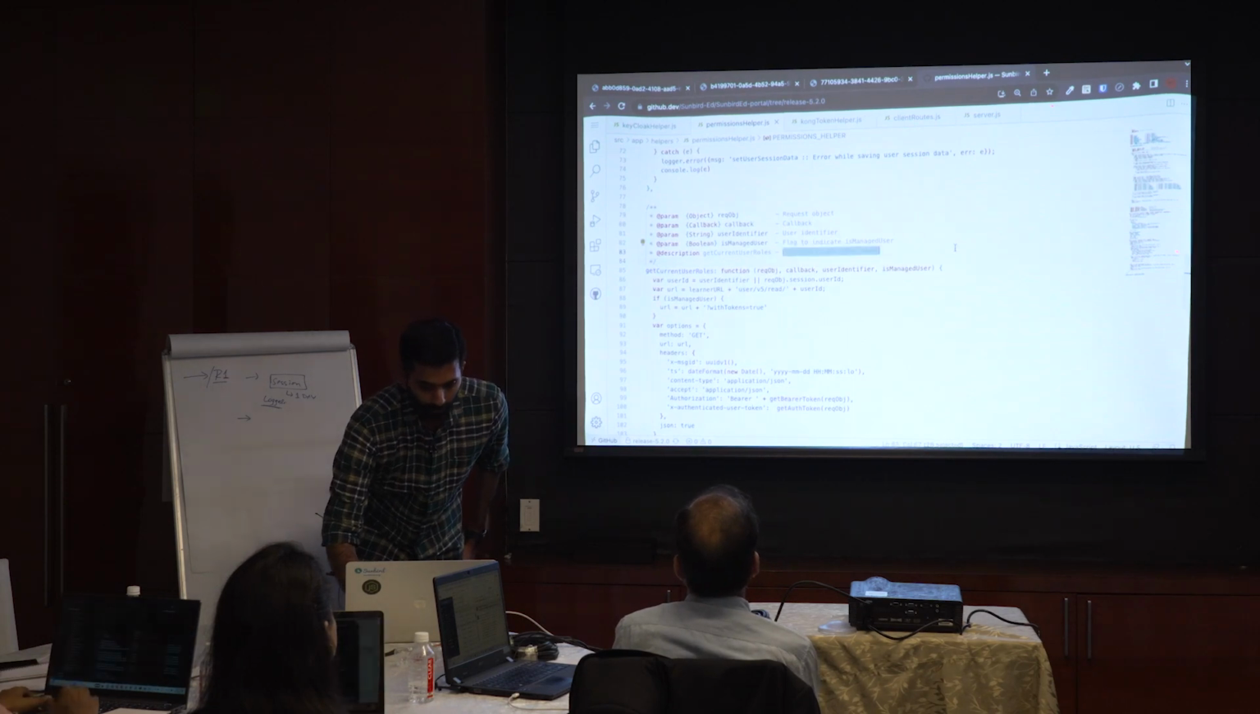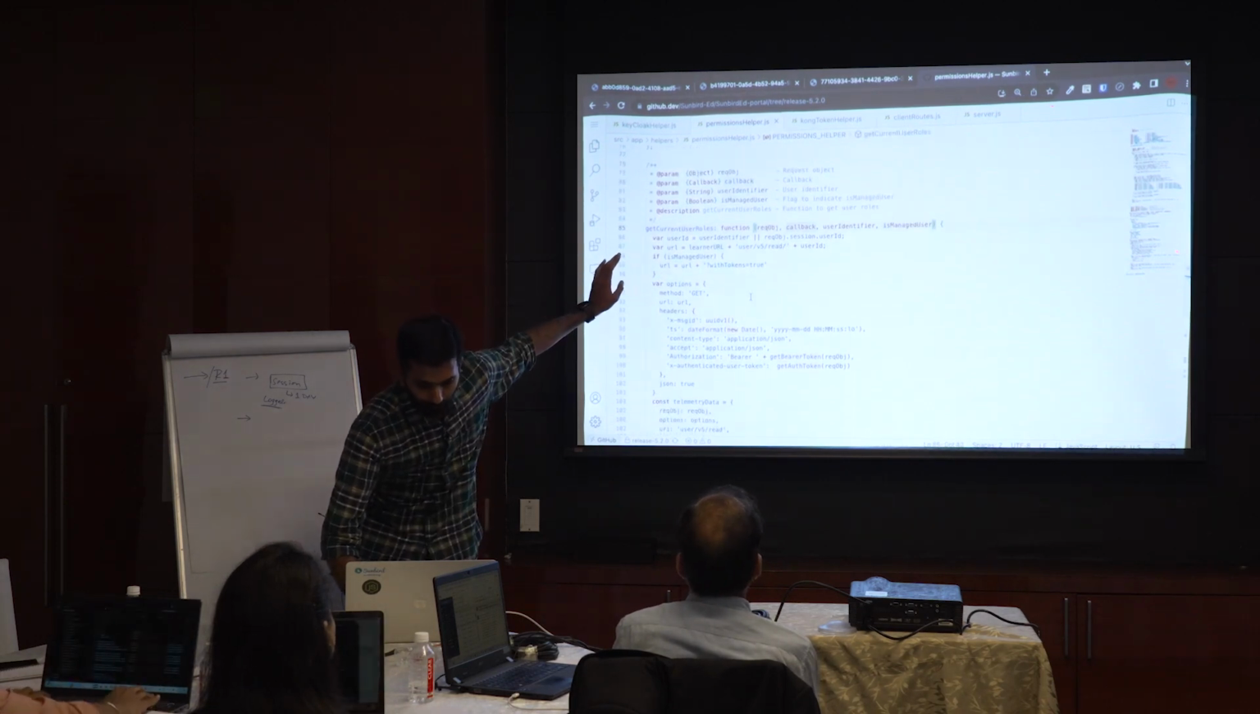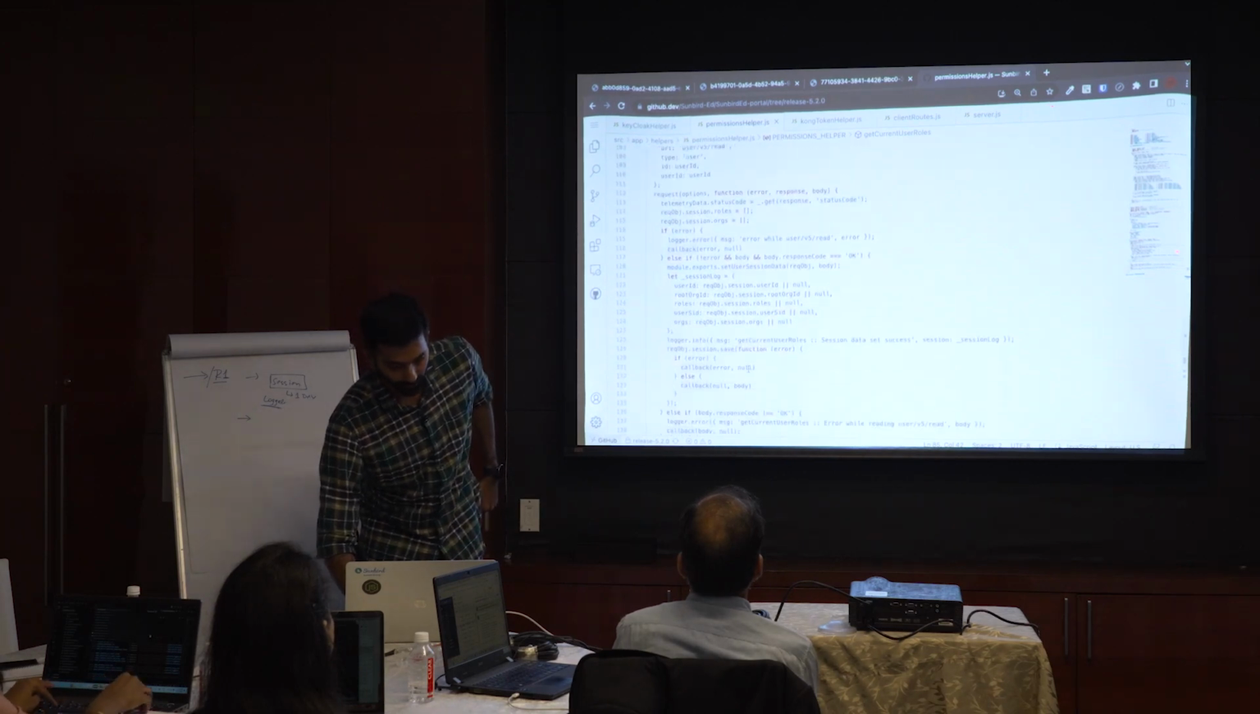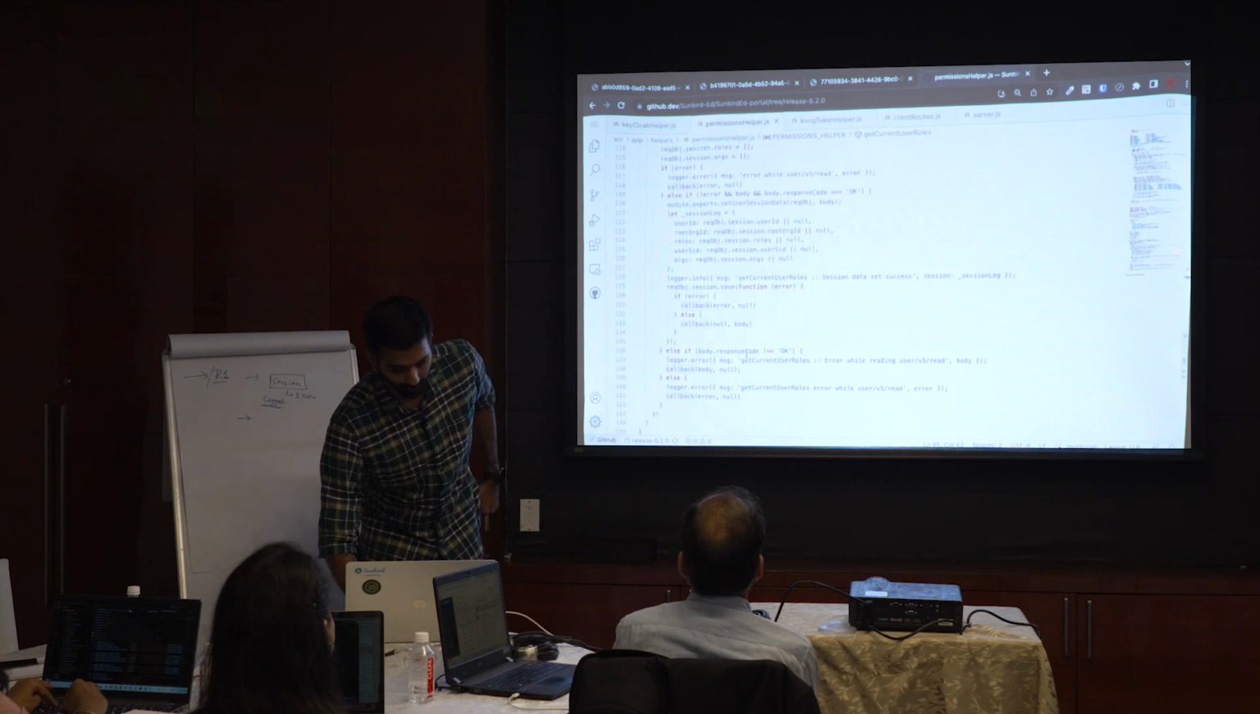So the function to get user roles is as simple as such. We will be calling the user read API. Once we receive the response,